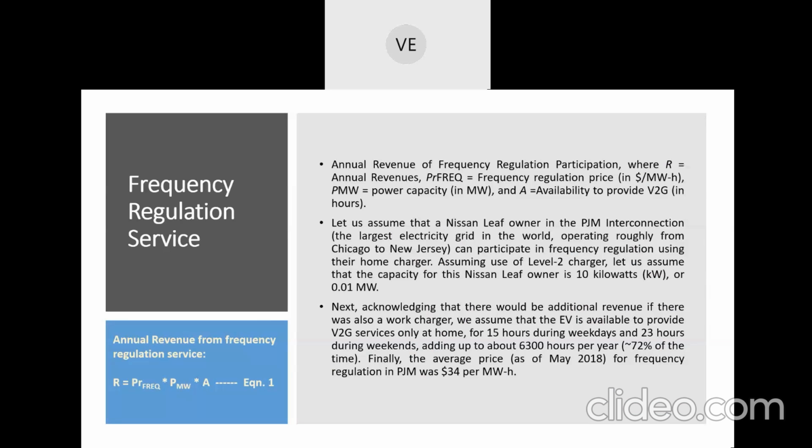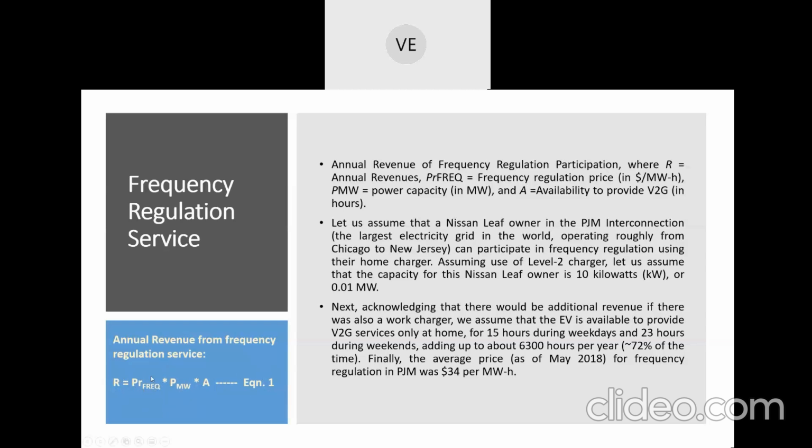Consumer earns some revenue based on these services. So we'll see how he earns revenue based on these services. Now, the annual revenue of frequency regulation participation, suppose you see this equation 1, R equals PR frequency into P megawatts into A,